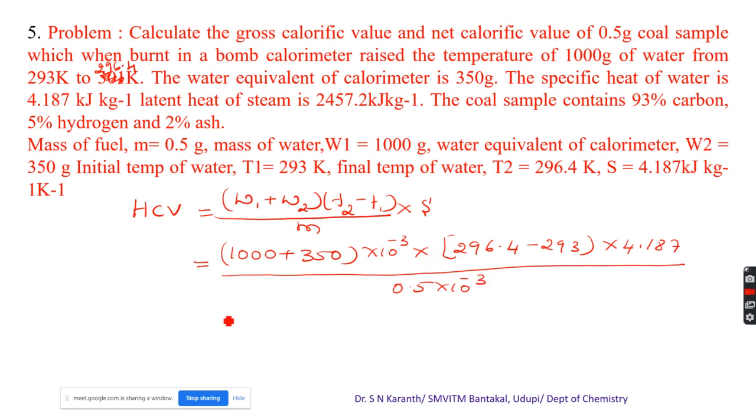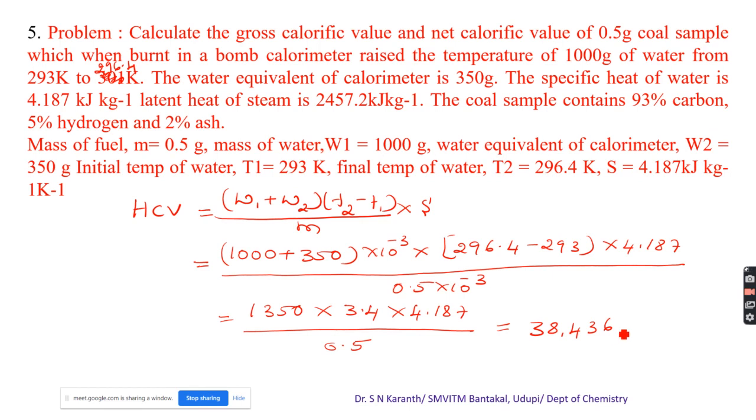So here it becomes 1350 into 3.4 degrees Celsius, the difference, into 4.187 divided by 0.5. On simplification you will get 38,436.66 kilojoule per kg. If you do not include the 4.187 and express it in terms of calorie, you will get